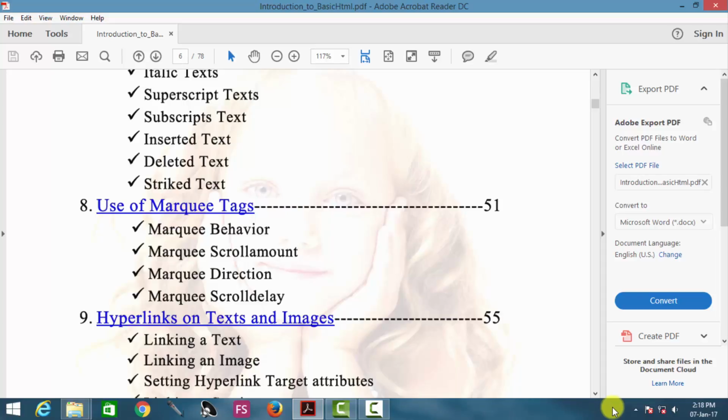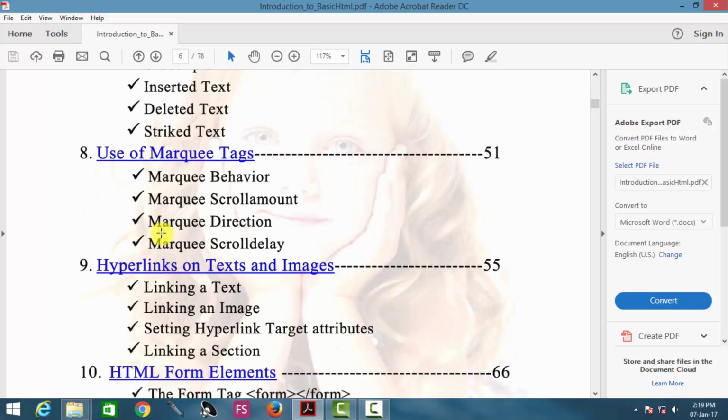Of course, the marquee tags. In many cases, you will be seeing that some text is moving to and fro from left to right, or it first moves to left and then comes back to right, and this process goes on alternately. All those things are known as the marquee tag. So the marquee tag is one of the most important key features of HTML, and we will be discussing the marquee behavior, marquee scroll amount, direction, slide delay, scroll delay, etc. All of these things will be discussed, and those discussions will be based upon some practical implementation and some practical application.